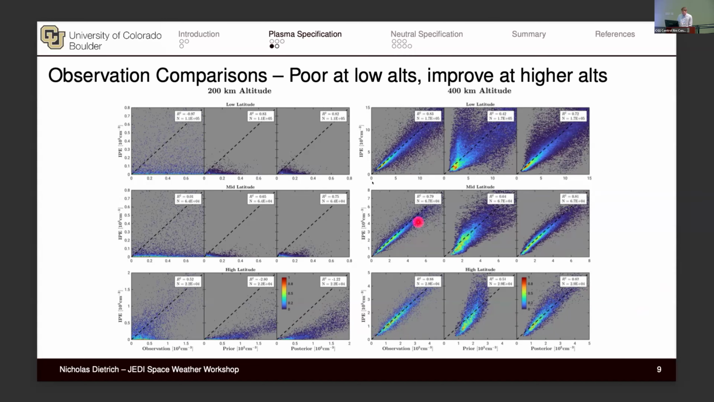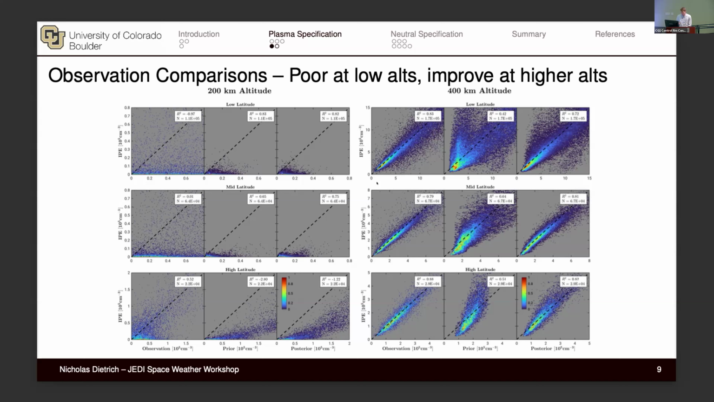Then I'm showing IP on the y-axis, and I also split this between latitude. So you can see for 400 kilometers, pretty much the posterior is consistently improving in our estimation. And these ABEL retrieved errors are very good and very accurate. But when you go to 200 kilometers, you can see the biases really take place, and the breakdowns in the spherical symmetry assumption that we use for ABEL inversion